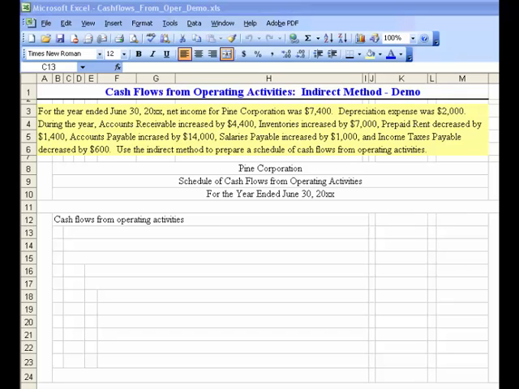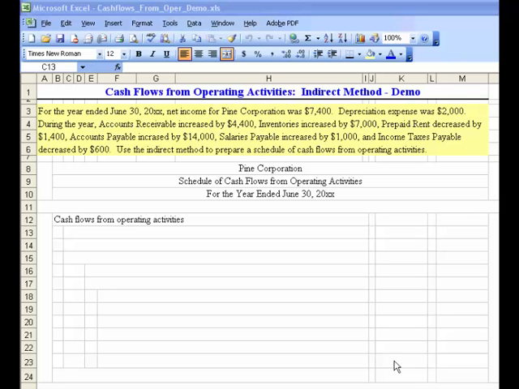Hi everyone. In this demonstration, we're going to use the indirect method to prepare a schedule of cash flows from operating activities. In the yellow area is the problem in front of us, and we're dealing with the Pine Corporation. For the year ended June 30th, net income was $7,400,